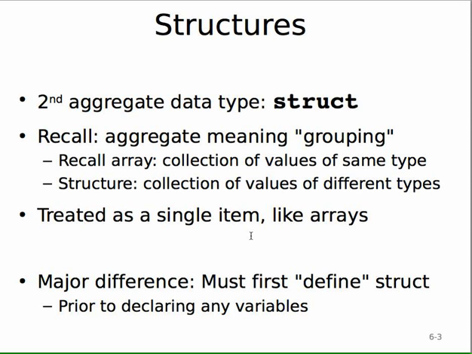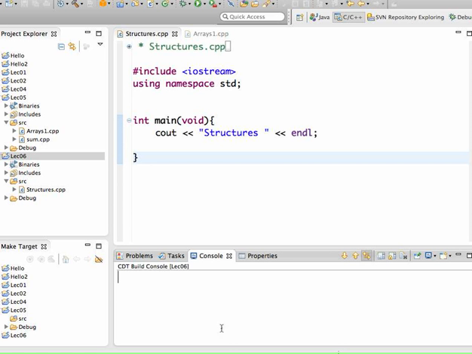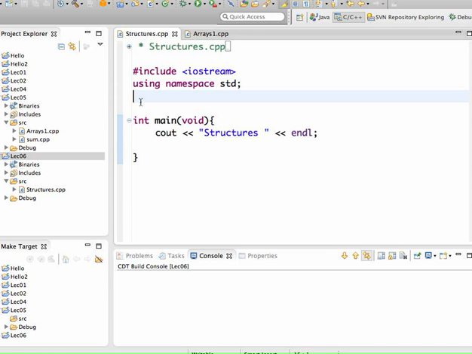Okay, so a big difference from arrays is that you have to define a struct first. For Java programmers who know about classes, that's not going to be a big step. Typically, we set up a struct globally. So let's get started with setting up a simple struct. What you do is you set up a